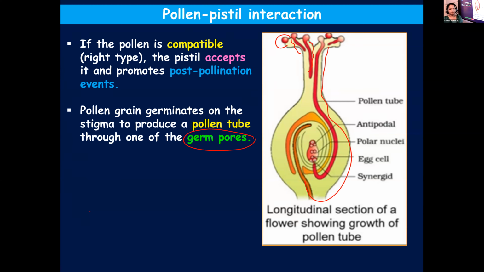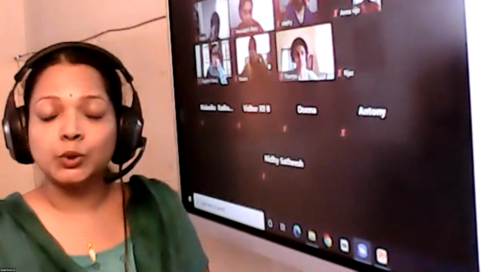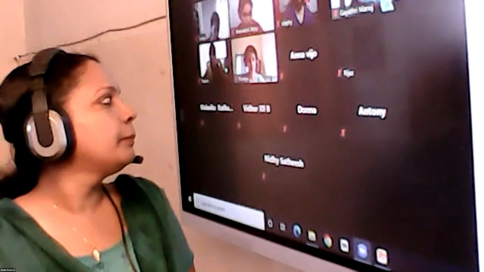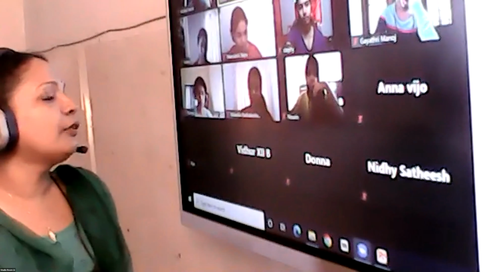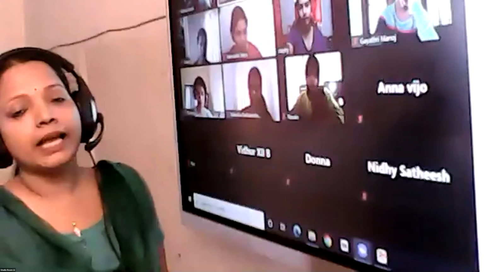We have learned it. So before we proceed, what are the two layers found in a pollen grain? The two protective layers. What do you call them? Gayatri? No. Pollen, not ovule. Oh, sorry. Which are those two layers? Gayatri? Exine. Within 1 or 2 days, you've forgotten. Steffi, which are those two layers covering pollen grains? Exine and intine.